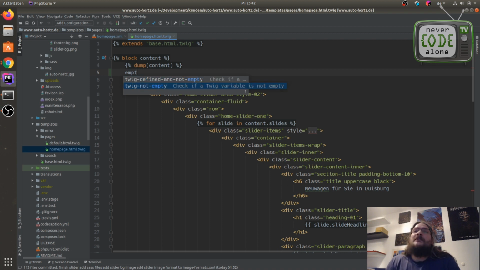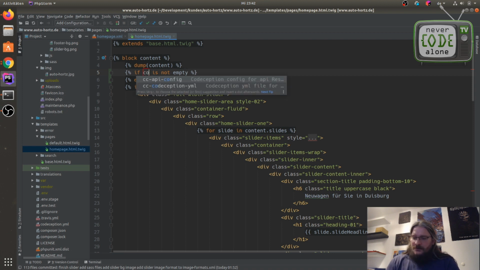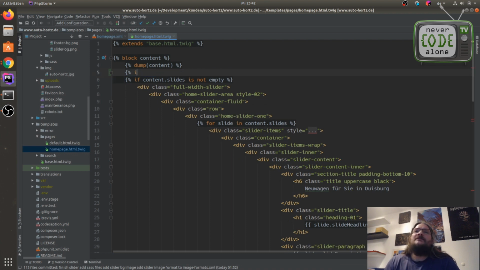So what can I say when I press here the Twig not empty? I can just say here content dot slide, and now I have to make some improvement here, I think, because this would be better when it's inside. So let us do this just now.